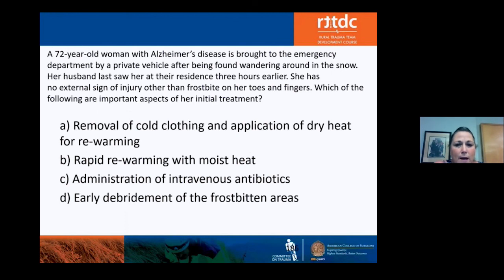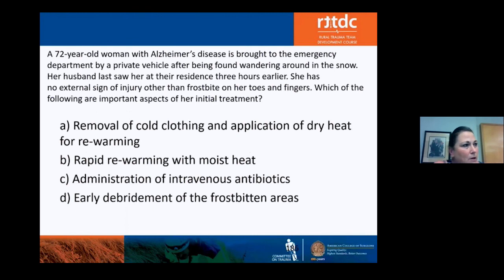And then when I reread the question, because I was going between A and B for my answer, there was rapid rewarming with moist heat. The correct answer for this one is listed as B, the rapid rewarming with moist heat. And